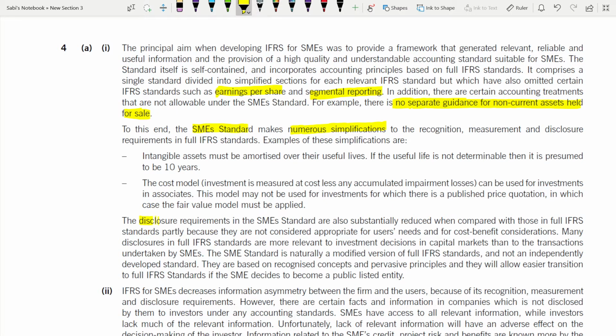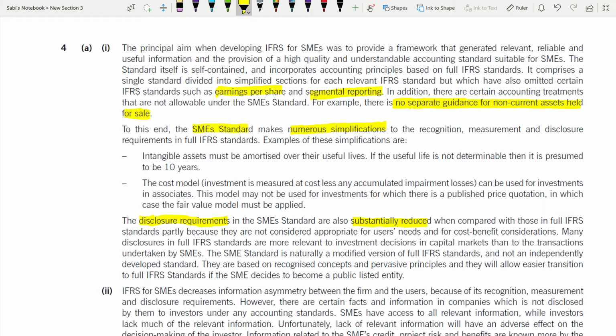because you have to talk about the differences, right? So substantially reduced when compared with those in full IFRS standards, in part because they are not considered appropriate for users' needs and for cost-benefit considerations. Many disclosures in the full IFRS standards are more relevant to investment decisions in capital markets than to the transactions undertaken by SMEs. The SME standard is naturally a modified version of full IFRS standards